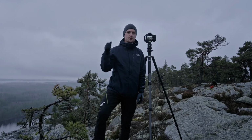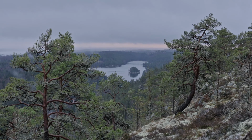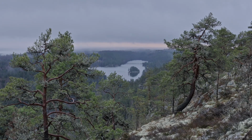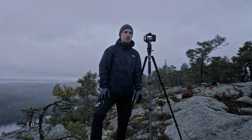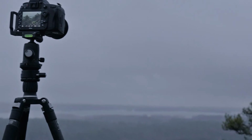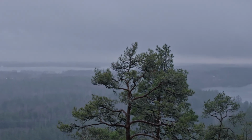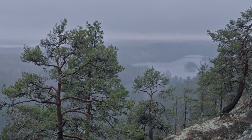So I did manage to find a composition behind me here, framing the scene between two trees, going a little bit to the side, and then we have a nice lake and just tons of atmosphere in the background. Really interesting. The only difficult part is that there is a bit of wind, so the trees are moving a little bit. What I did was